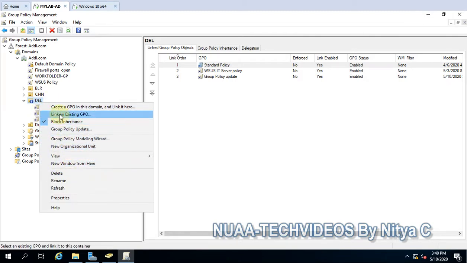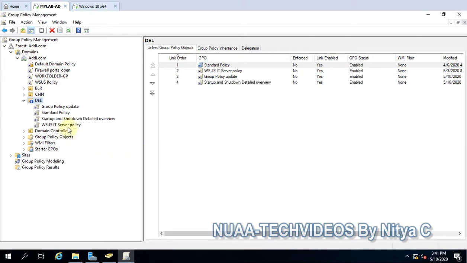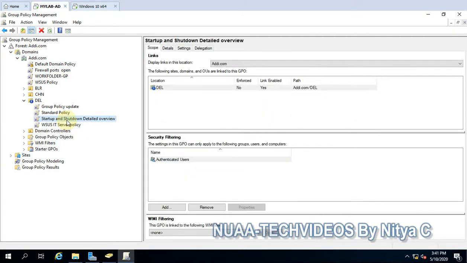I'll create one policy, named startup and shutdown detail overview. I am just giving a logical name so that I can easily recognize it. This is created and linked to the Dell OU, and let's edit it.